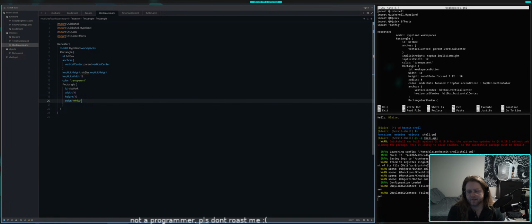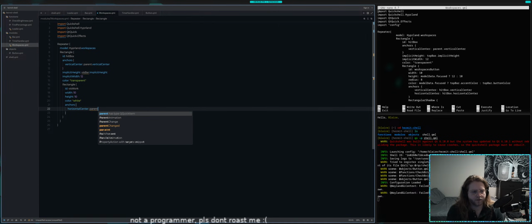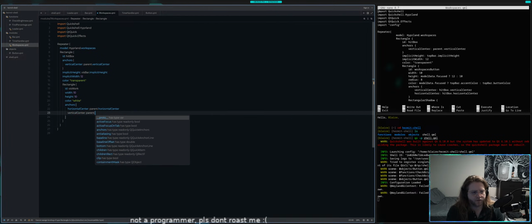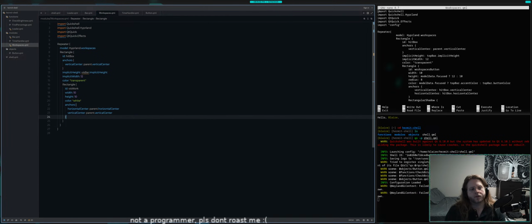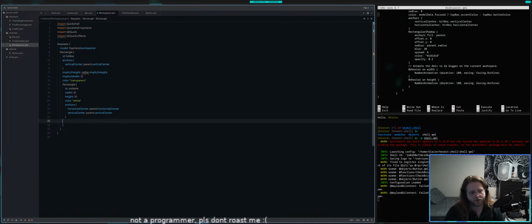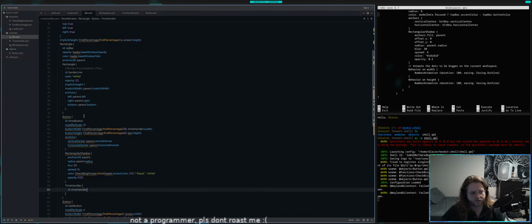And then anchors is gonna be horizontal center and vertical center. All right, and then I don't need the shadow there right now. Yeah, okay, so this should function somewhat in its current state. So we can just go ahead and